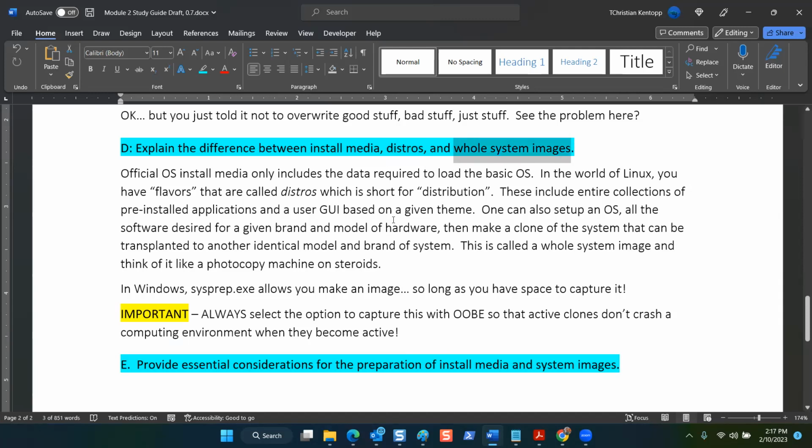And essentially, if you create an entire system with all of the software configured for the local environment,